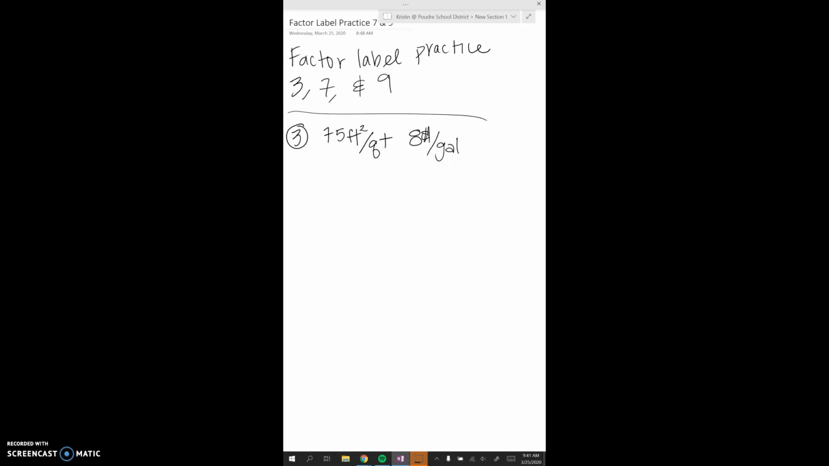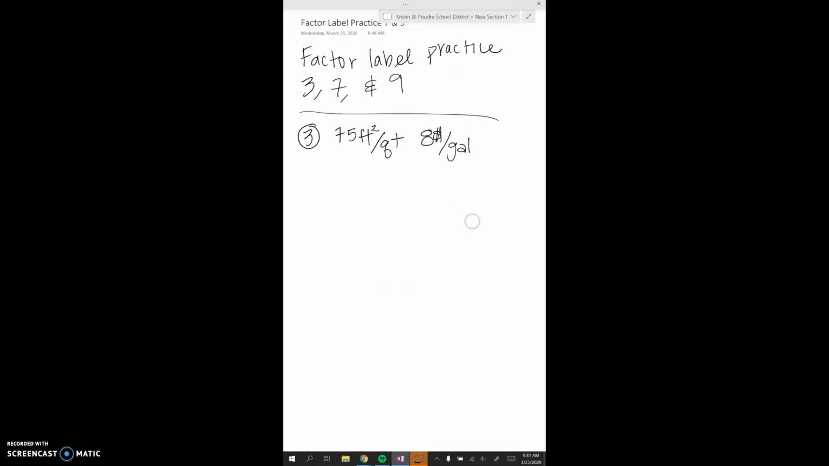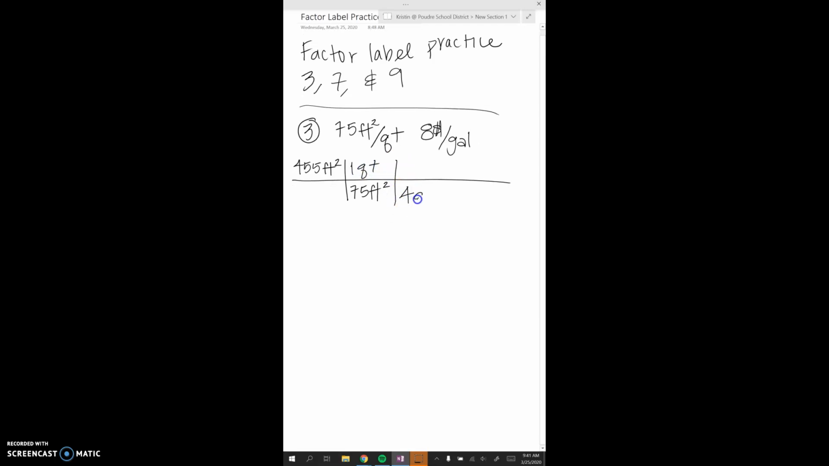So that square feet is going to be my starting point, and I'm going to be trying to get to dollars. So I'll start with 455 square feet. And then my 75 square feet per quart is going to allow me to go from square footage to volume of paint. So I'll take my 75 square feet on the bottom, 1 quart on the top. There are 4 quarts in a gallon. That's on your cheat sheet. And then 1 gallon costs